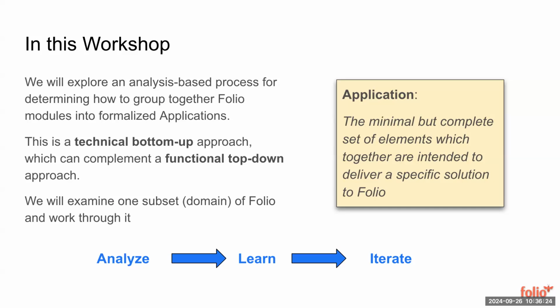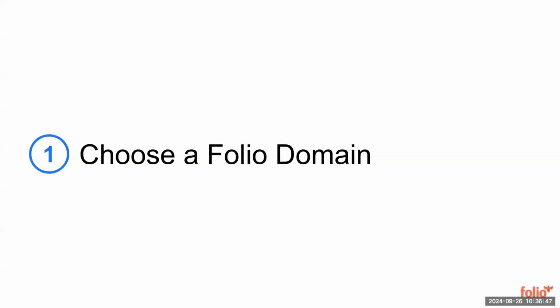So the goal we have, right, this is the definition of an application that we've been floating around: it's the minimal but complete set of elements, meaning modules, which together are intended to deliver a specific solution to Folio. And specific solution means something narrow, like orders, for example, would be a solution. So, keyword. All right, so the first step is we have to choose a domain that